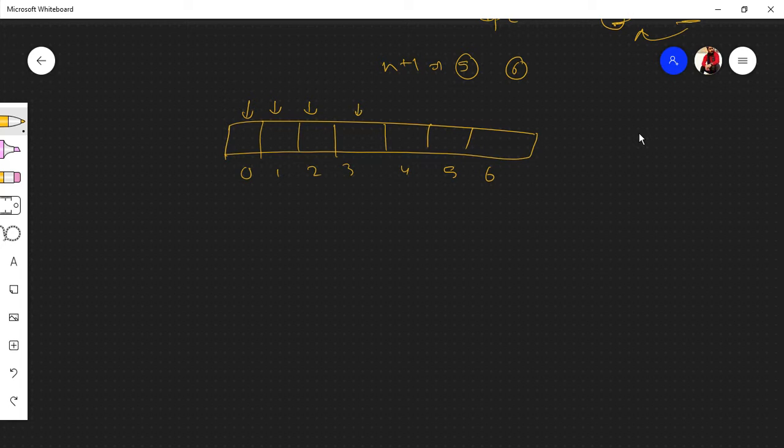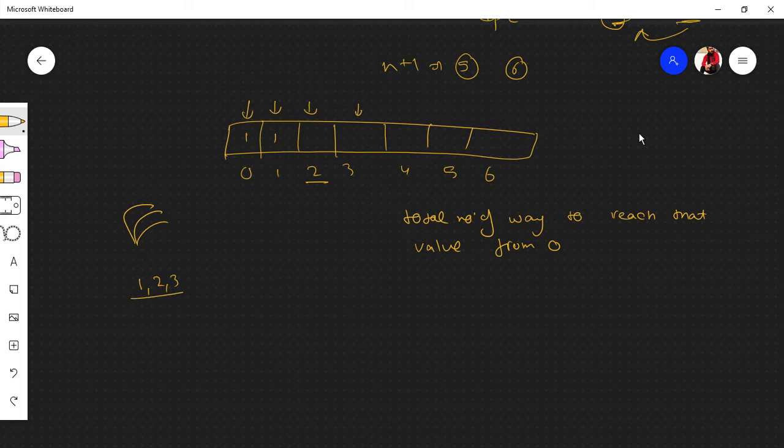What that value will be, listen carefully: the total number of ways to reach that value from 0, whatever value you are standing on. So if you want to reach 2, and there are a total of 3 jumps available, either you can take 1 step, or 2 steps, or directly 3 steps.